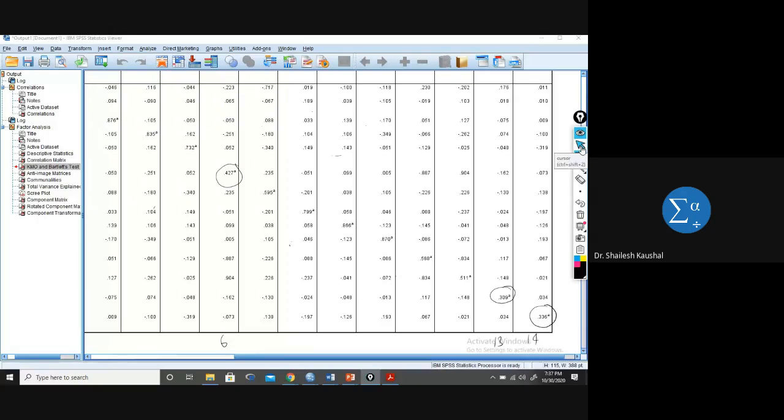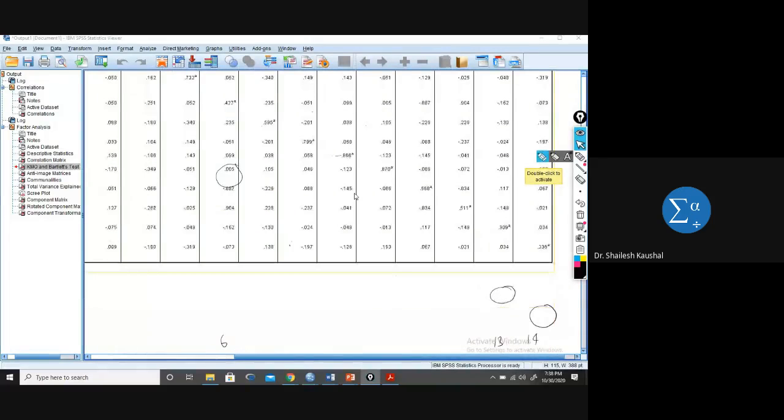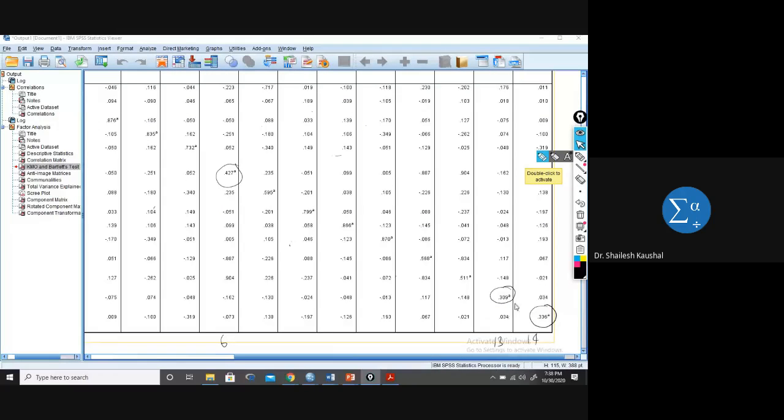But all three values are less than that, for variable number 6, variable number 13 and 14. Now we will not remove all three variables. Here we will remove the variables whose values are lowest, 0.309, or we can remove the two variables 0.309